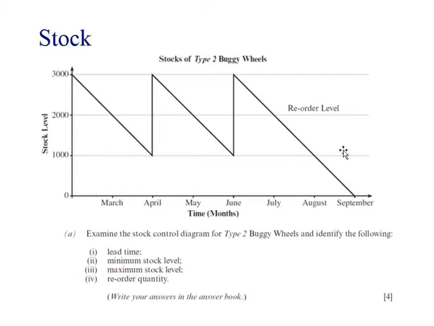What's the minimum stock level? Well, here it is. This must be the stock out situation here, but here it is. The minimum is 1,000 units of whatever it is, or wheels these are. Maximum stock level, 3,000 up here, and the reorder quantity is